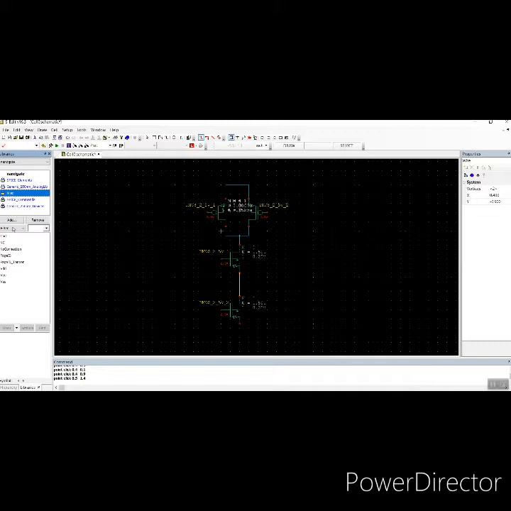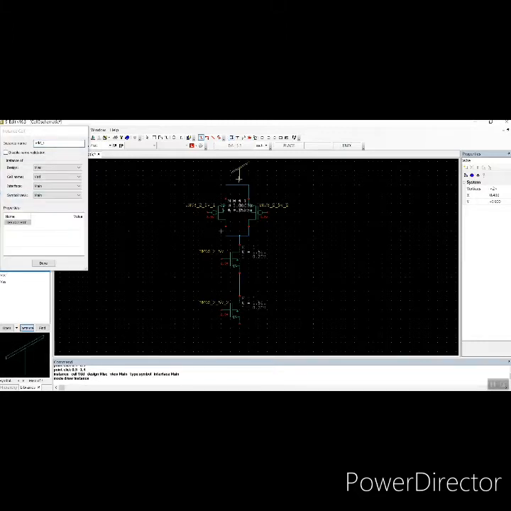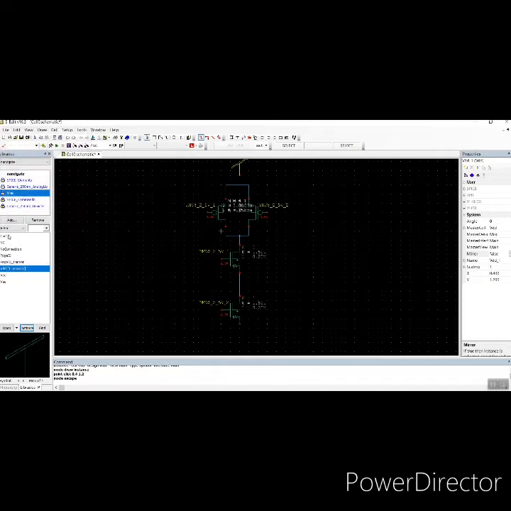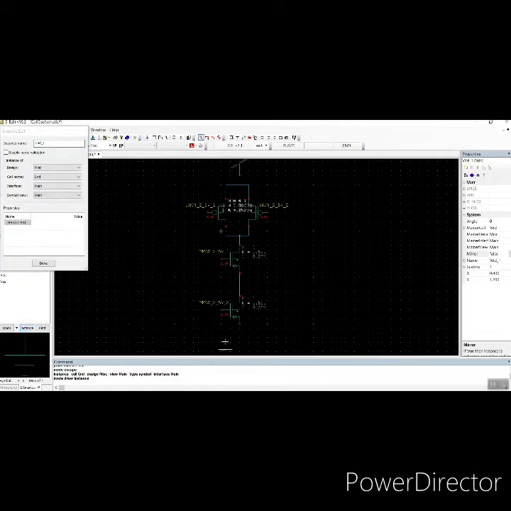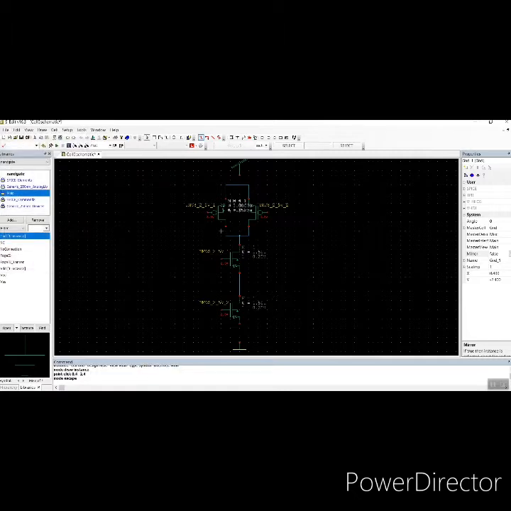It's under miscellaneous. Click VDD and place it over here. Then the ground connection, and place it here. Then we need to connect this.